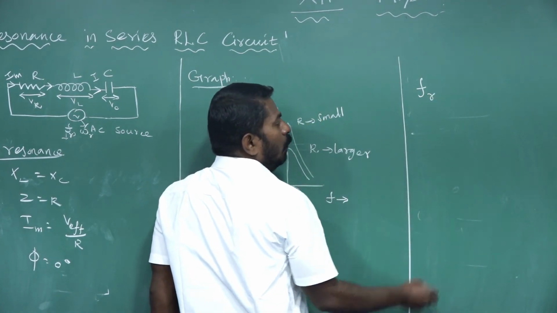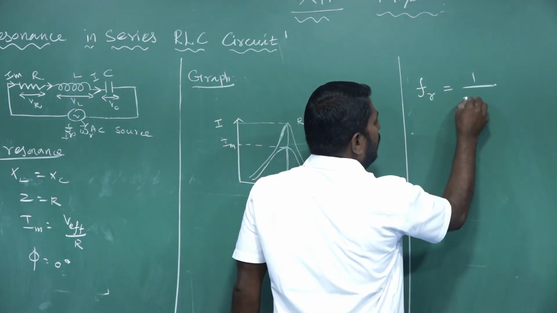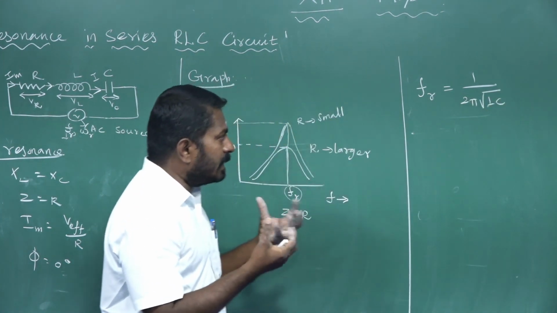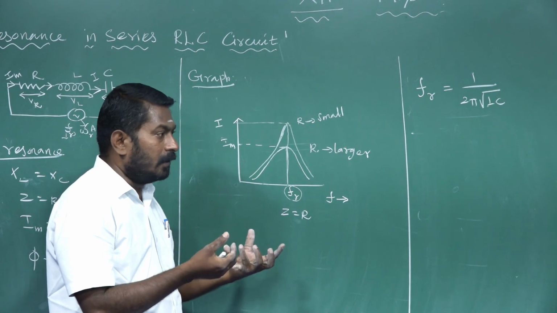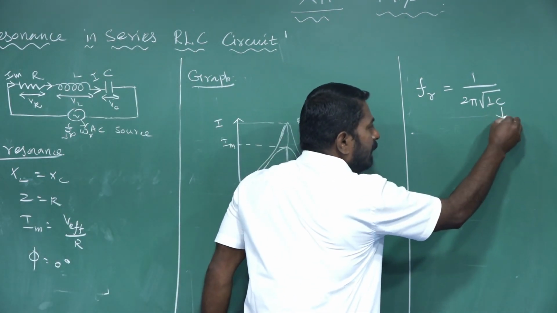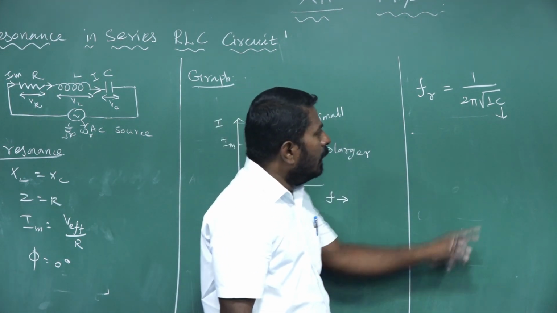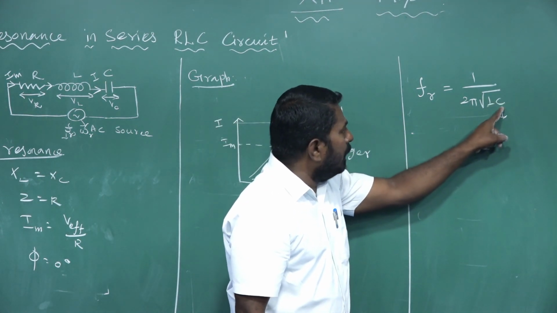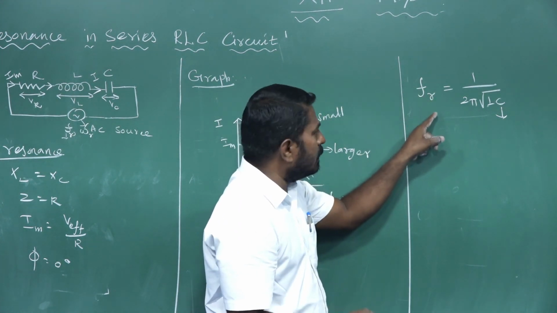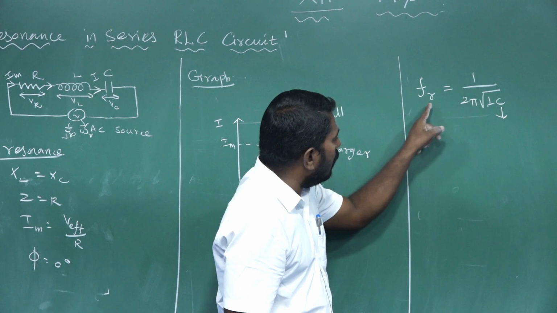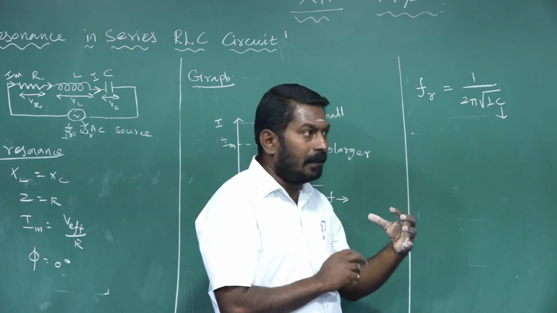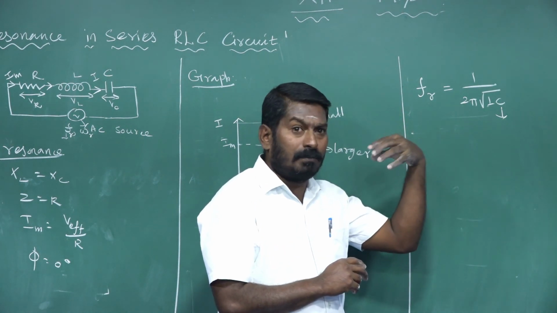The frequency of AC voltage at resonance, f_R, is equal to 1 divided by 2 pi square root of LC. Commonly, we select either the radio signal or the TV signal in the receiver system by varying the capacitance of a parallel plate capacitor. By adjusting the capacitance of a parallel plate capacitor, we can alter the frequency of AC voltage at resonance. When the capacitance value changes, the resonant frequency changes automatically, and it is matched to the signal sent from the various stations.